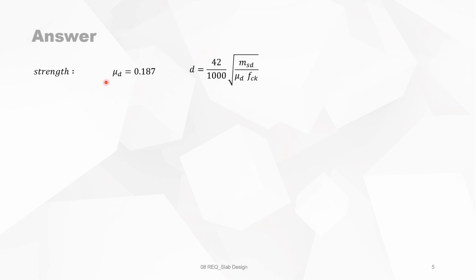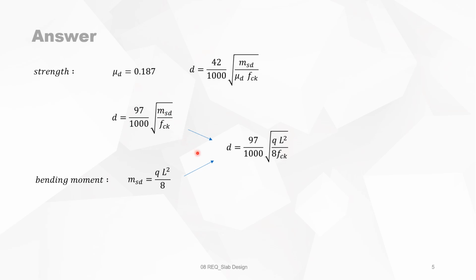So we've seen that if you use the definition of mu d, then we have this expression, but now you can fill in mu d at optimum height. This means mu d is 0.187. Then you get this expression for D. Now the MSD, we also know that the maximum bending moment is q L squared over 8. We plug it in this formula, and we obtain an expression of D, or you can simplify it to